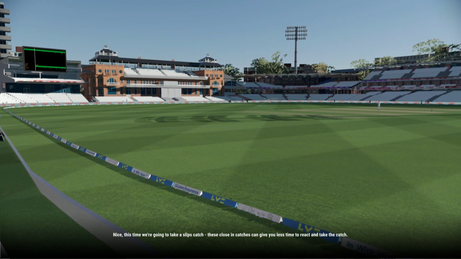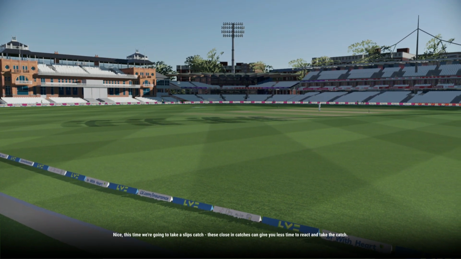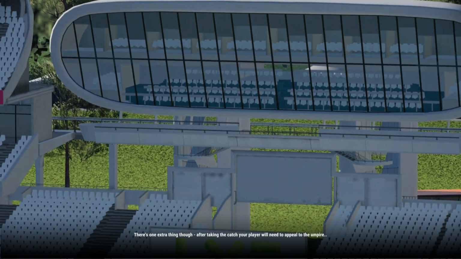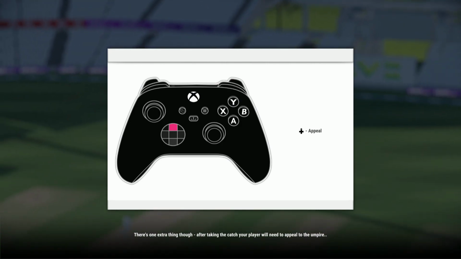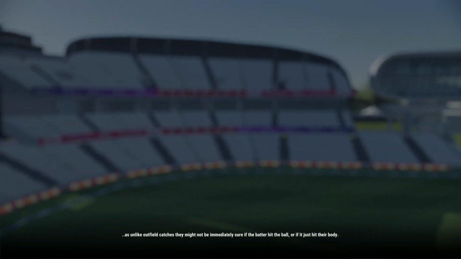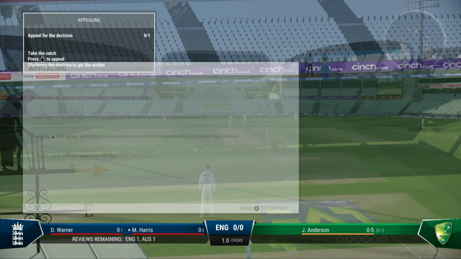Nice. This time we're going to take a slips catch. These close-in catches can give you less time to react and take the catch. There's one extra thing though. After taking the catch, your player will need to appeal to the umpire. As unlike outfield catches, they might not be immediately sure if the batter hit the ball or if it just hit their body. Umpires wait for the fielding team to appeal a wicket before making their decision in these circumstances. Also, just quickly, you also need